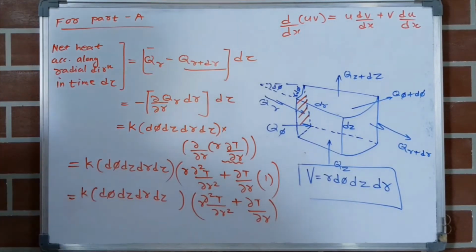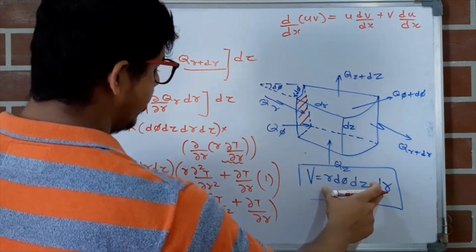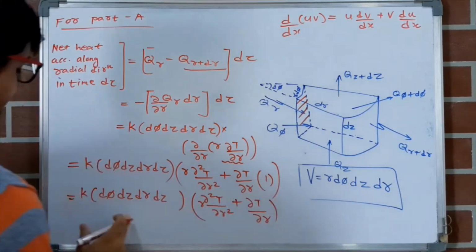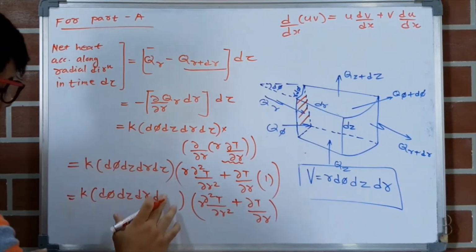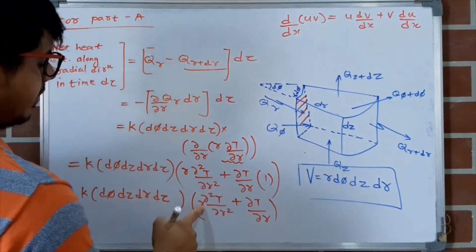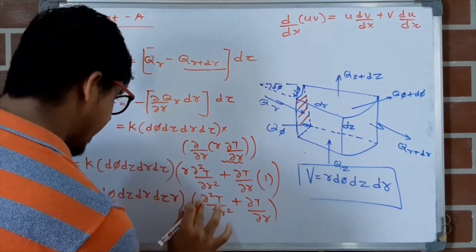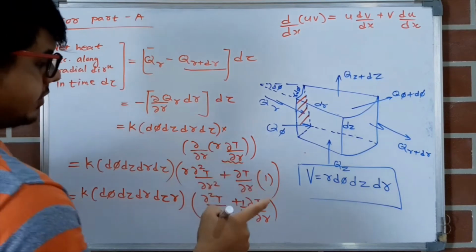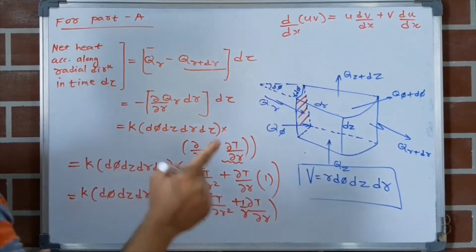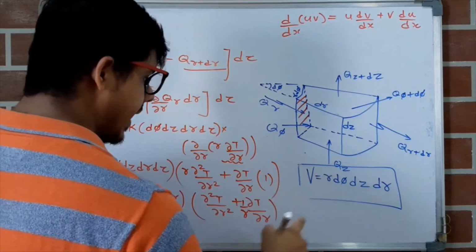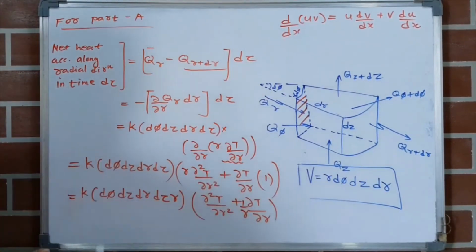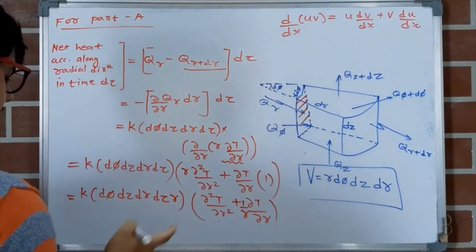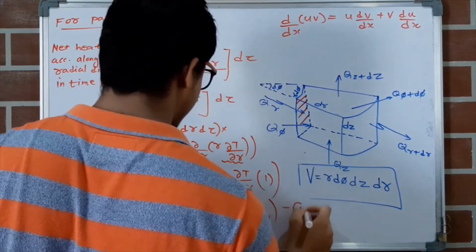Now one thing you have to remember is that we have to bring these volume terms in common. Here r is there, but here r is not there, so we will take r common, and it will be 1 upon r. Why did we bring r as common? Because at last, when we substitute the equations of part A, part B and part C in our main energy balance equation, this whole term will cancel from both the left hand and right hand sides. So we have to bring this r common. So this is for the radial direction.